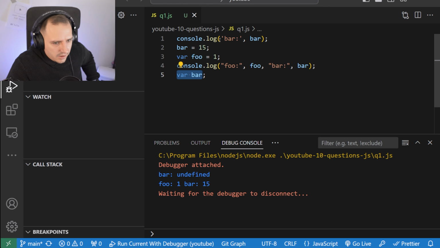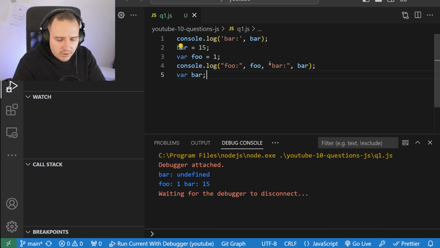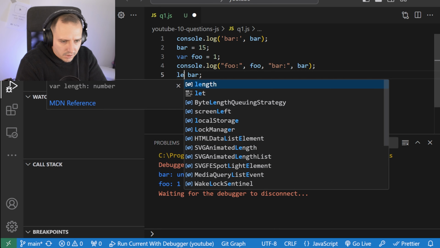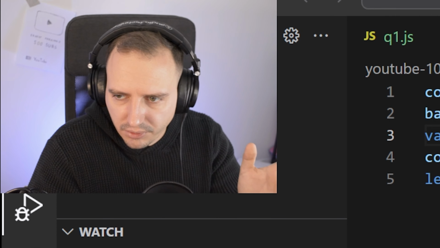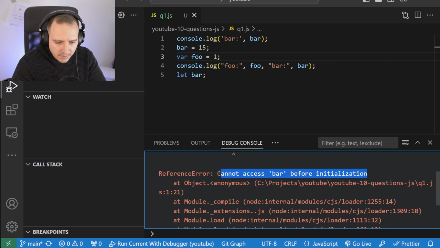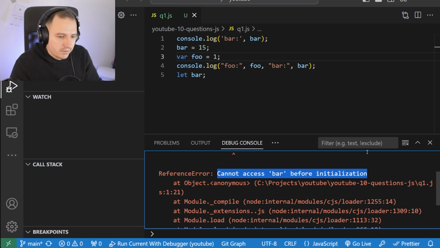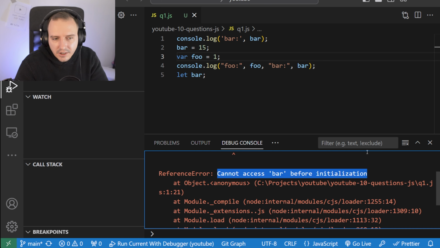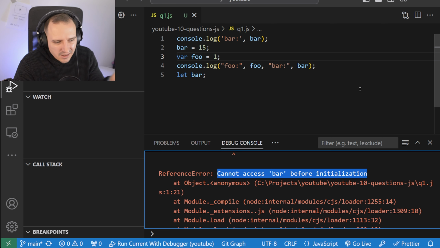But in case of const and in case of let, you're going to see an error that you can't use it. Let me just try it. So there's bar. This should yield some sort of error if I remember correctly. But just for the sake of completeness, let's do it. Cannot access bar before initialization. That's what I was trying to say. Still kind of hoisted because you know it exists, but it throws an error. In case of var, you don't get an error, you get undefined. So that's a common mistake, that people think it's not hoisted in case of let. It kind of is, but it isn't because you get an error. So I don't know what exactly is happening there.